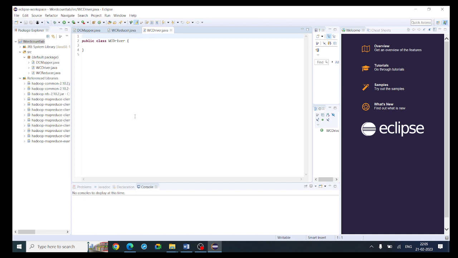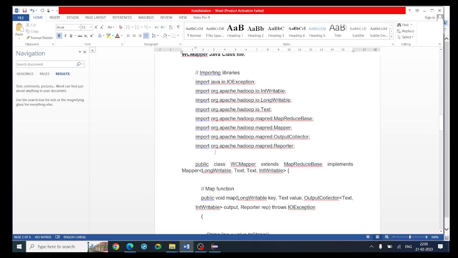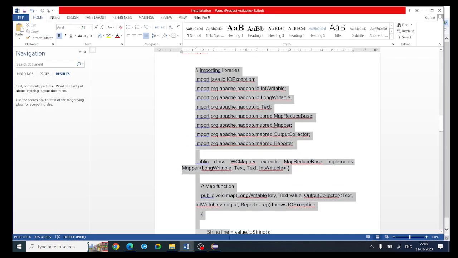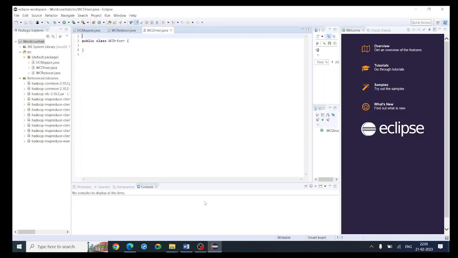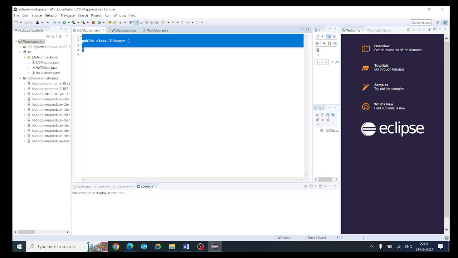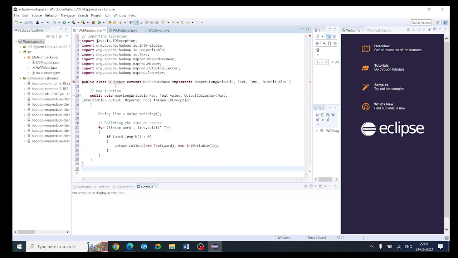Okay, so you don't need to worry about the code. I have added the code in the description. You can take that code. Now I'm copying the mapper code and then giving it in the mapper class. In the mapper class, the class has already been created. Just delete it, because my code itself has the class. See here, I have already given the class. And then the next one